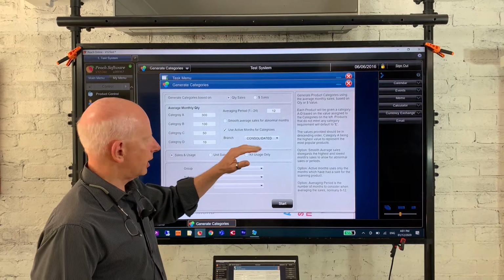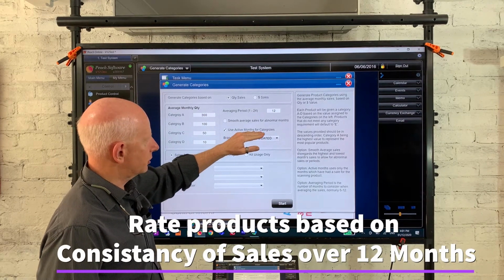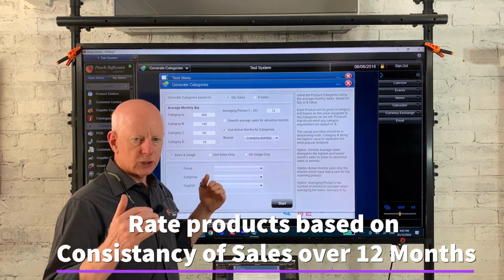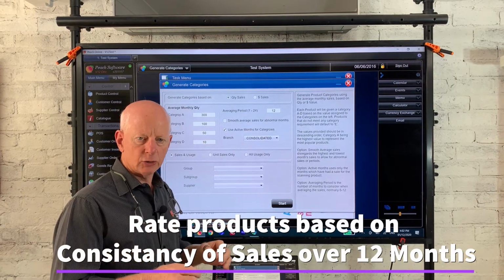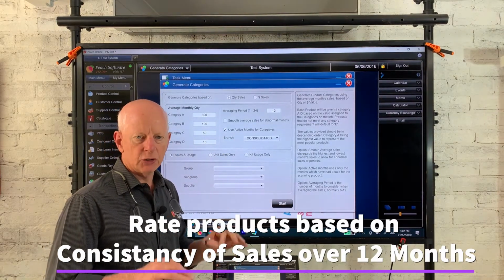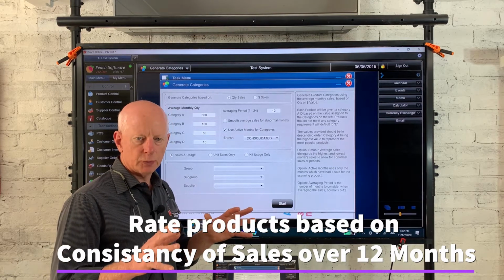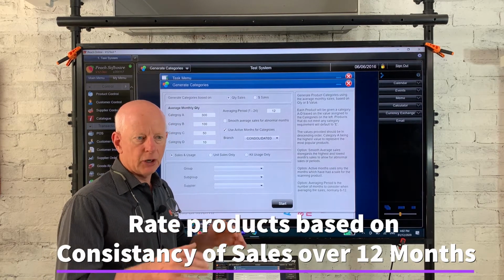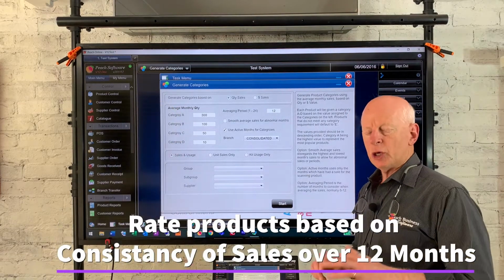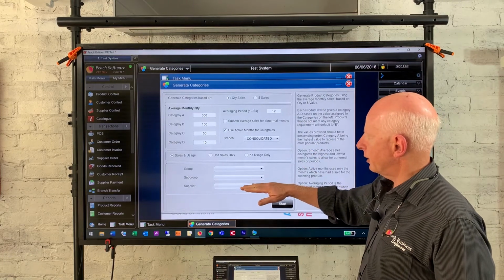The other way you can update your product category in product control is to use active months for category. And as I said before, what happens here is over the last 12 months, if your product sold 10 out of the last 12 months, it would be a category 10. If it sold 6 out of the last 12 months, it would be a 6. So basically it categorises them by the consistency of their sales over the last 12 months. So before you generate your product category, it's also good to note that you can filter by group,